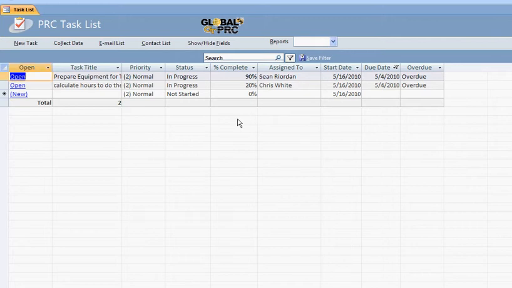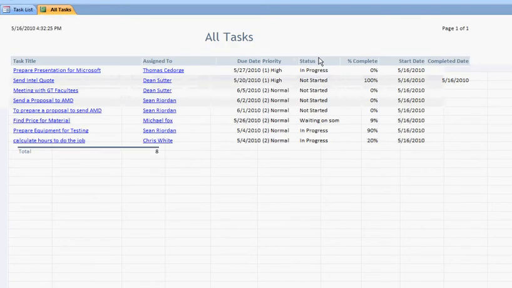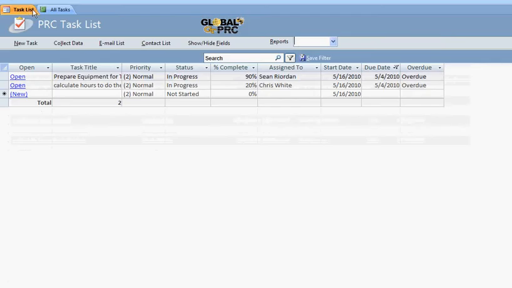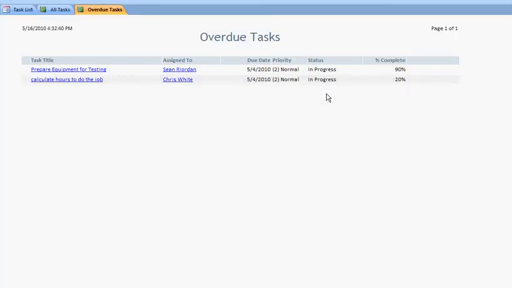Another application that can be done would be to create reports, obviously. So if I want to see all the tasks, that will show me everything there. I guess that could be useful, but something that is most likely more useful would be to show all the tasks that are overdue. So overdue tasks. In my case, I have two. So here's one report. If I want to see a bit more, I can actually open it,